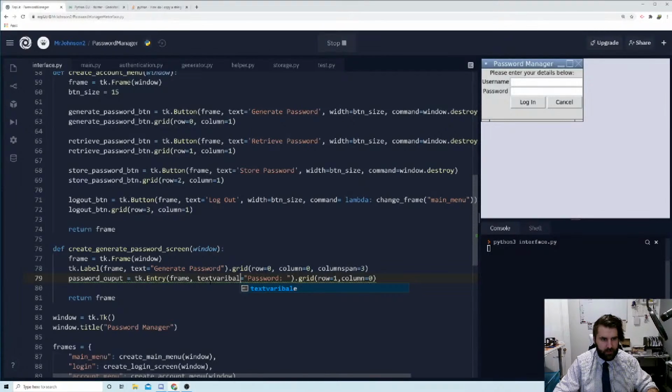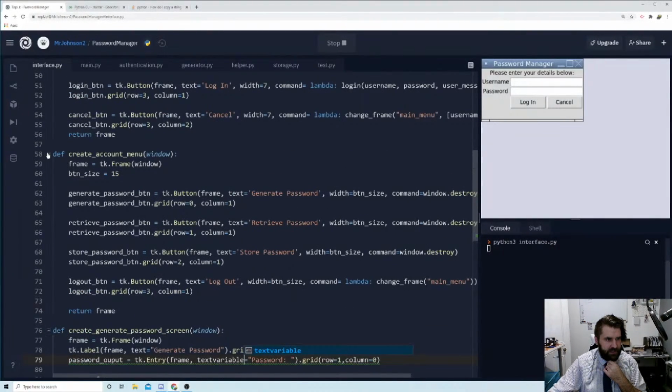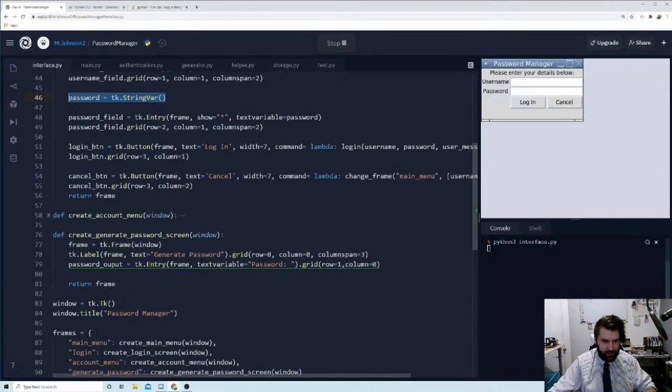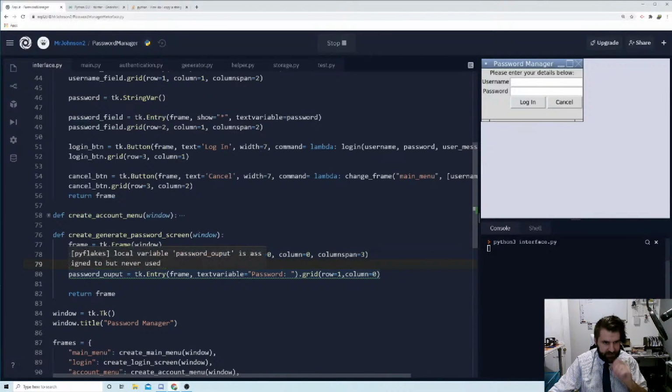And we are going to do what we've done in previous things. So let's just minimize this and go up to our login screen. When we do entry, text variable equals, so we want to grab exactly this. That's got the exact name that I want as well. So we're going to make our password, and then we're going to say our text variable is equal to